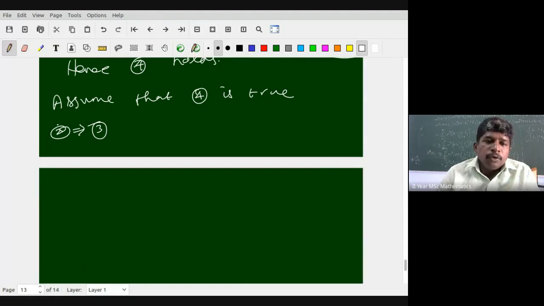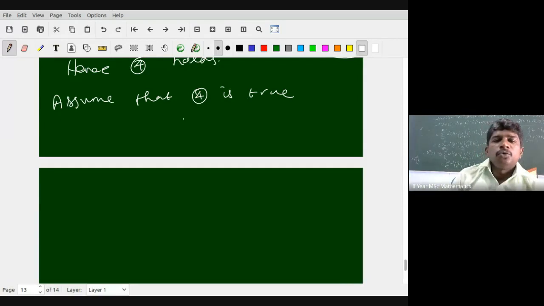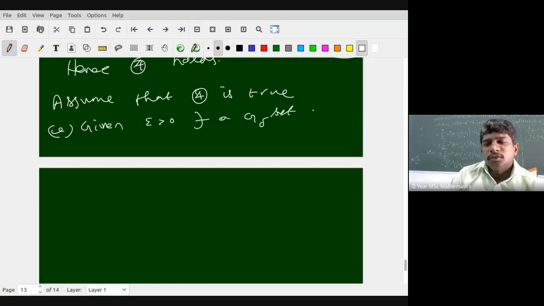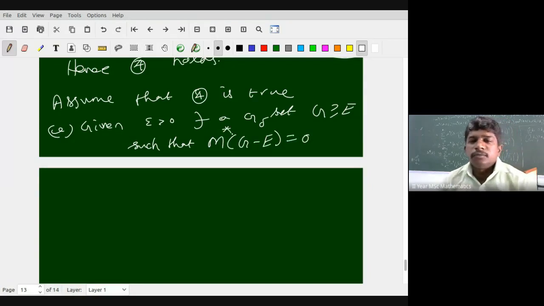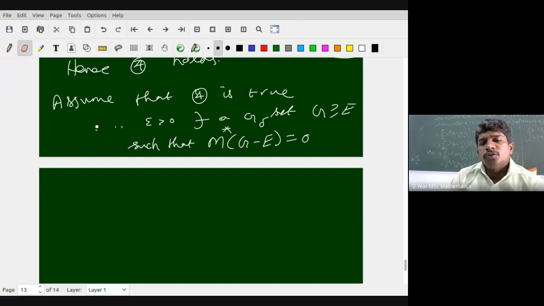To prove 4 implies 5, we must apply it through the complement. Okay, we use the result 2 implies 4 for the complement. Assume 4 is true. Then given epsilon, there exists a G delta set G containing E such that the outer measure of G minus E is less than epsilon. So by 4 being true,